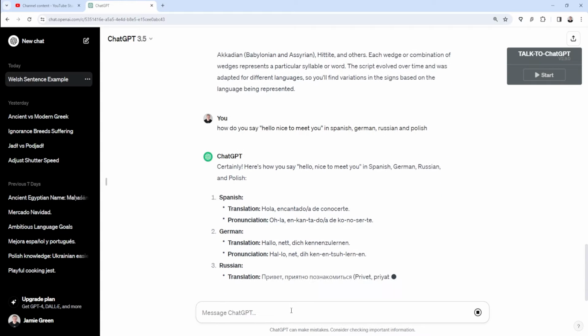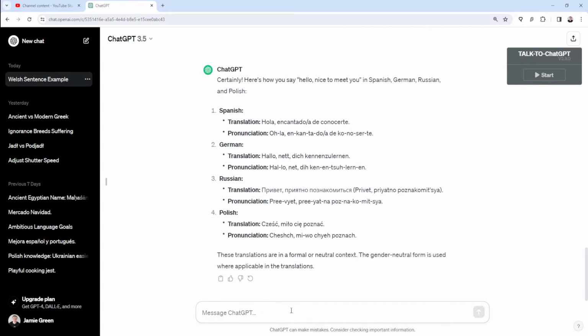ChatGPT can produce language in so many different languages, and it can give you example sentences, it can test you on your knowledge of grammar, it can check for potential mistakes in your text, and there are just so many more things you can do with ChatGPT in order to make it your language learning AI tutor, essentially. There's so much it can do, and I would really recommend using AI, at least experimenting with it to see if it works for you, because for me, it works really well, and it's a very convenient thing to have as one of my many resources for the languages I study.